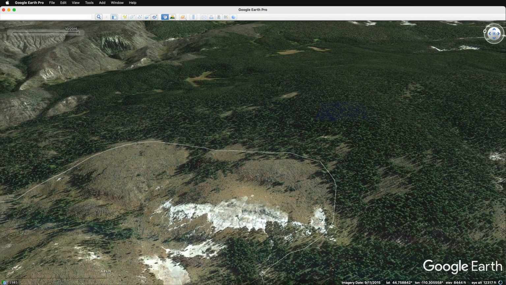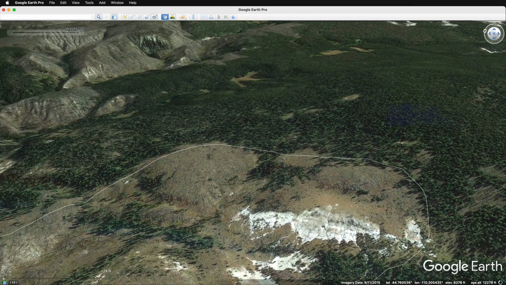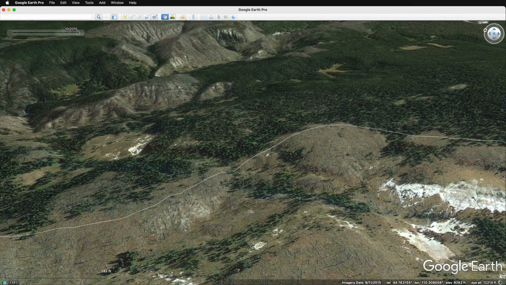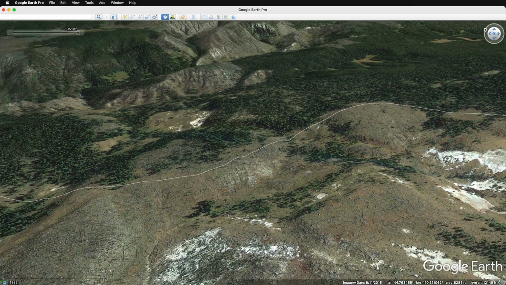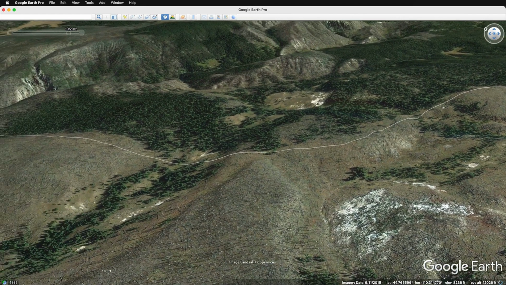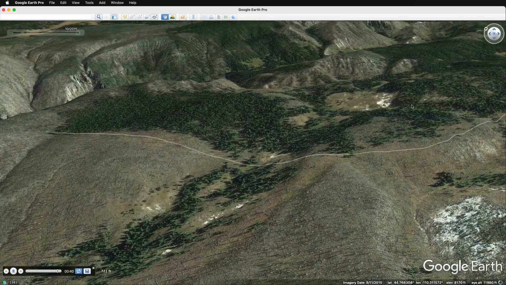I will do that with logging areas, and I will just create a border with a path tool, and I'll just fly that particular feature. So it's not only useful for looking at big areas or landscape purposes, you can zero in on specific features and get a little more